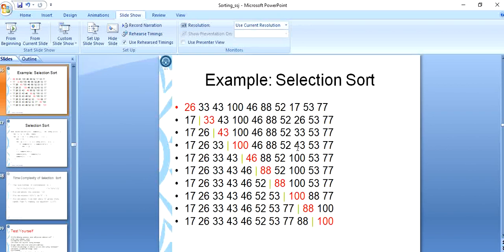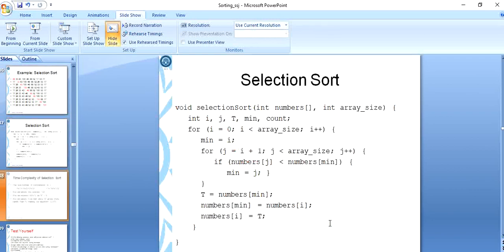So here also the number of comparisons required at every round is going to be decreased by 1, but in total, for n elements, we require n minus 1 rounds to sort the elements. Here we have got the sorted elements, so we perform n minus 1 rounds, and at every round we have to repeat the comparison activity. The same thing is identified here in the time complexity.